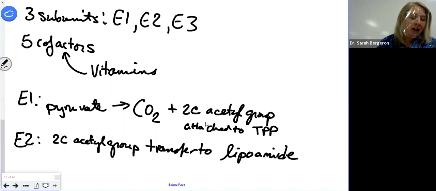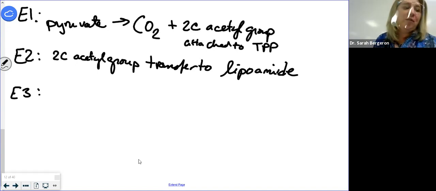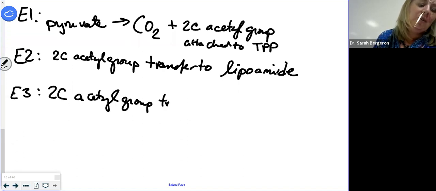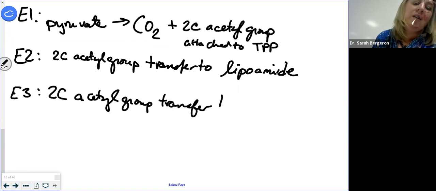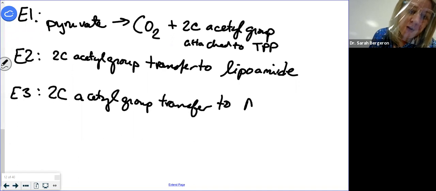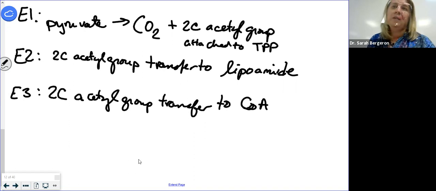Okay. All right. And then in E3, what happens? What happens with our 2-carbon acetyl group? Do you see how it's just shuffling around this acetyl group? CoA, coenzyme A. Now,